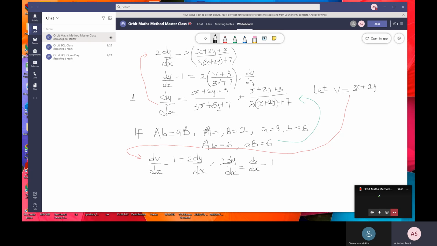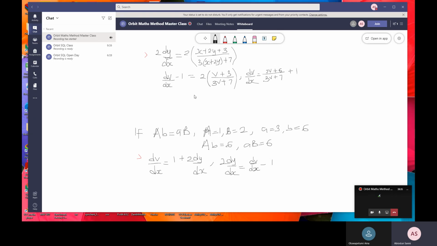So dv/dx is equal to (2v + 6) all over (3v + 7), plus 1, so that I can erase this part now, so that I'm going to have dv/dx to be equal to